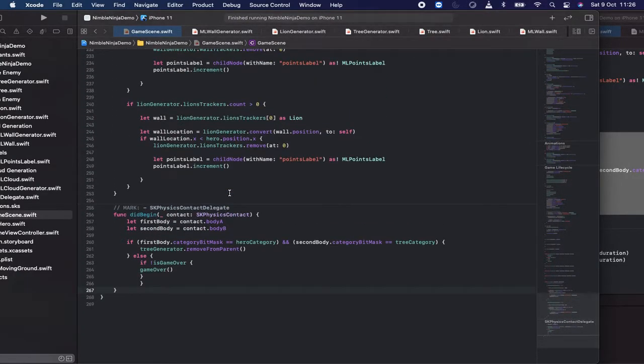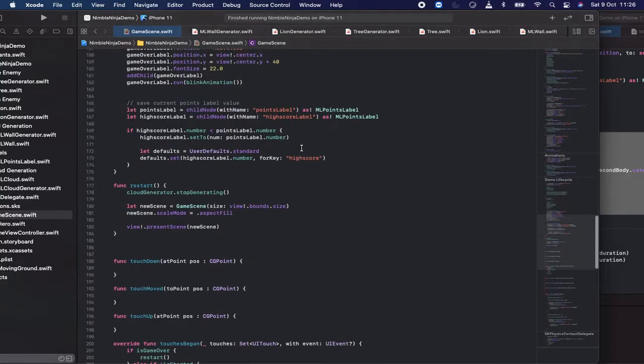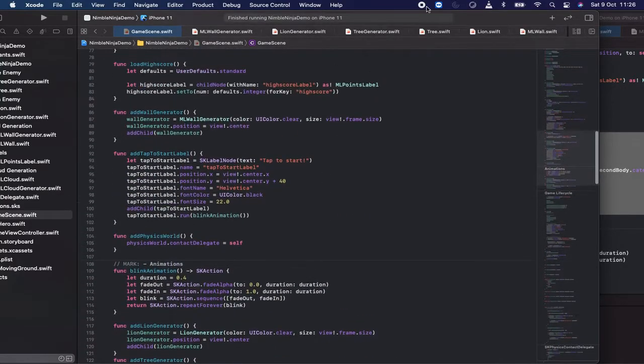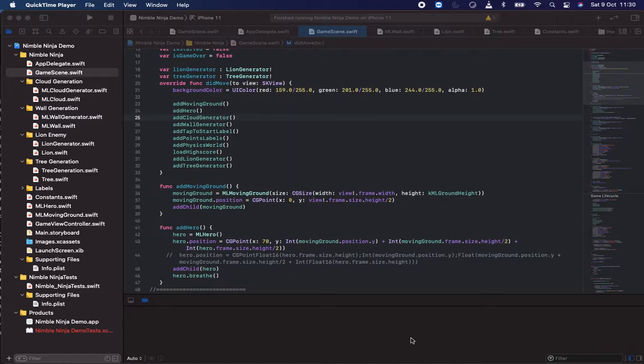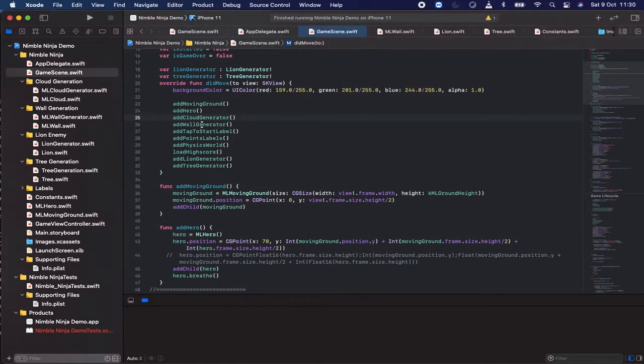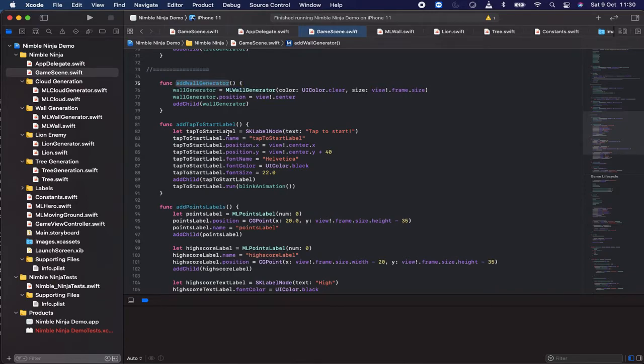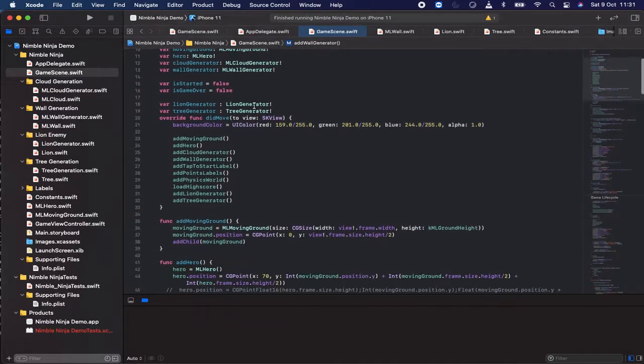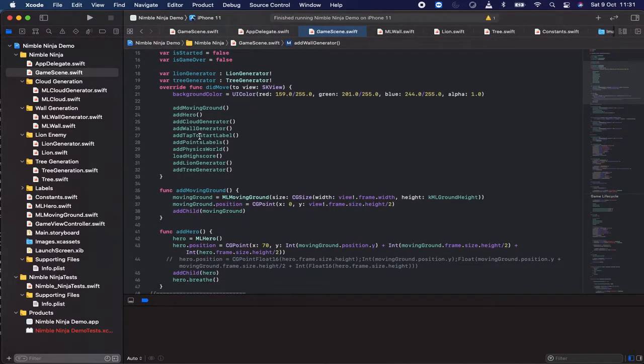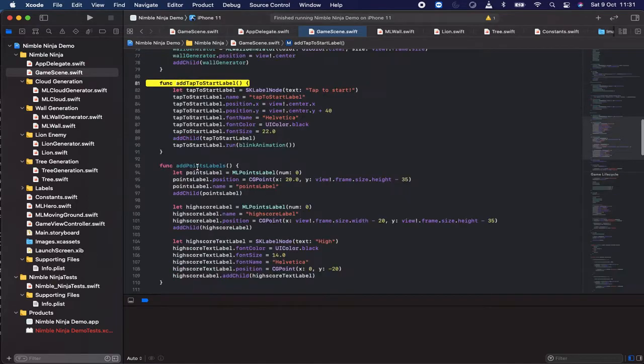Okay, now we will go for the explanations or a short description of what we have copied and pasted. Let me do that first. All right. So the final things which we added now is the wall generator. Let's go to wall generator and see what that is. So it has the wall which is generated with the generator, and that will be placed with a position and add child as well. Then I do have the tap to start label, which means it's a start label which